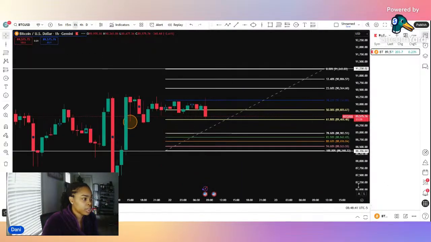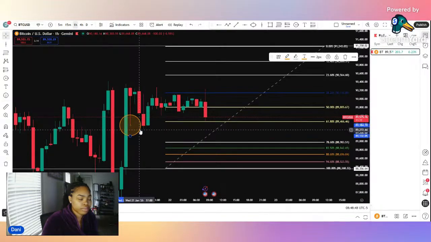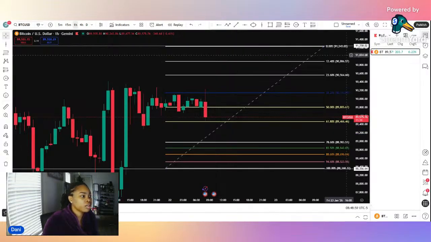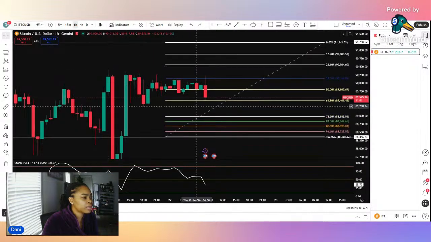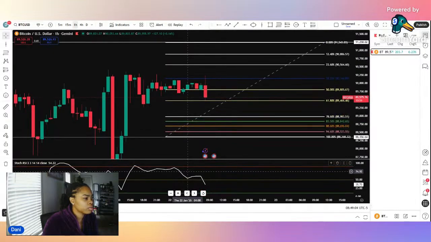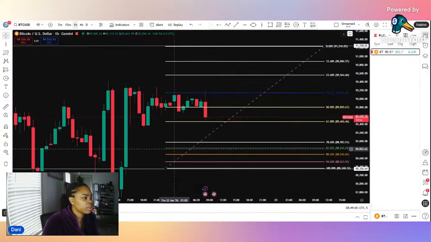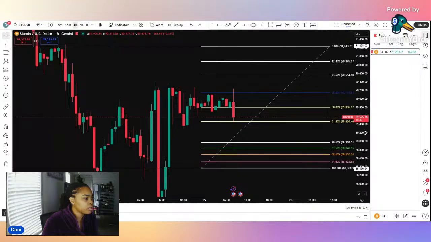But let's check and see what it's looking like on our lower time frames. I usually do have the RSI on here, but I haven't been using it as much. So just want to see what it was looking like. Let me see it again. So our RSI is pointing down on the 1 hour. But as I'm looking here, I would go for a buy.